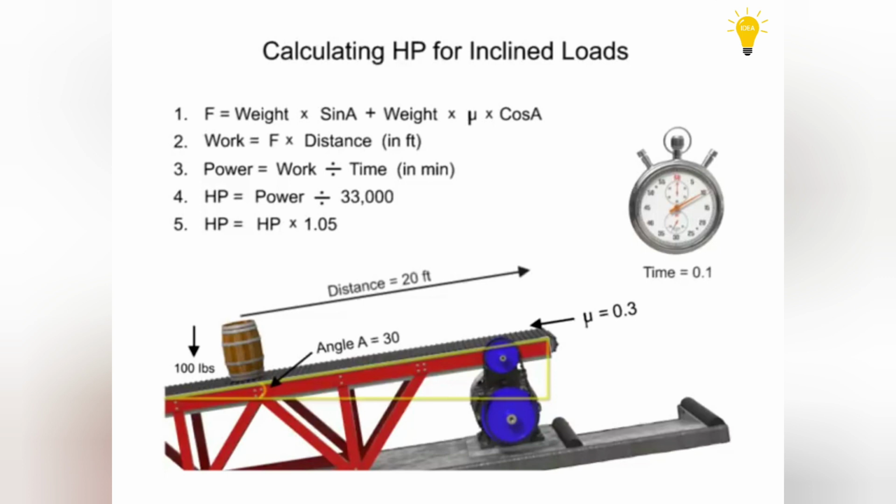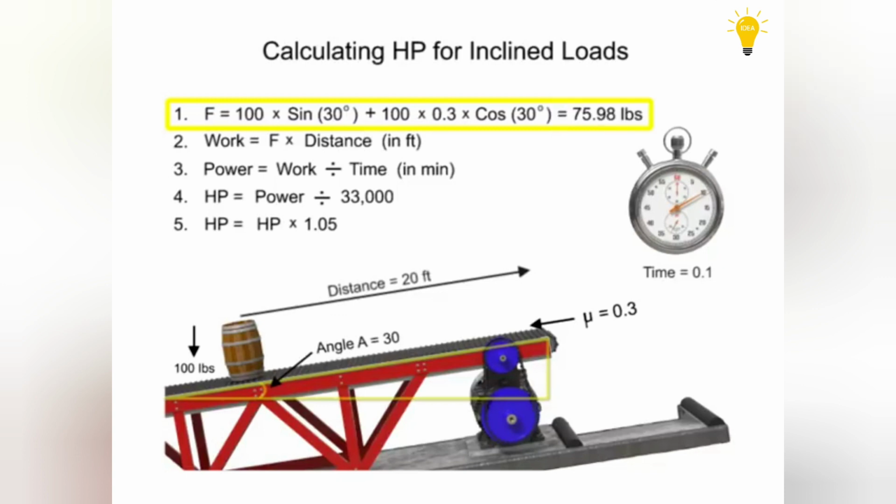Once these two forces are combined, we can continue with the same steps used previously to calculate the size of the motor required. First, find the horizontal force required by adding the force required to raise the load to a higher elevation with the force required to overcome the friction. In this system, the horizontal force is 75.98 pounds. Then determine the amount of work required by multiplying the force by the distance, 20 feet. For this system, the work required is